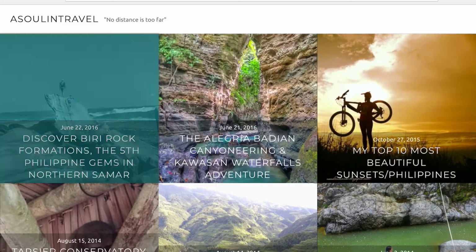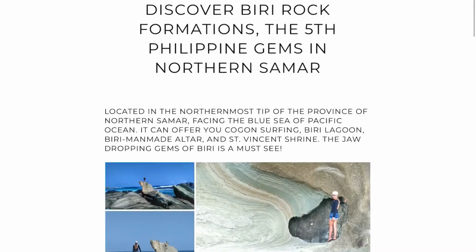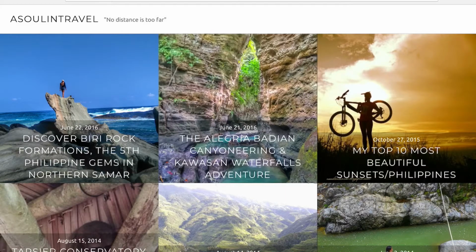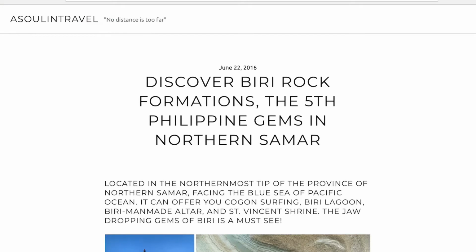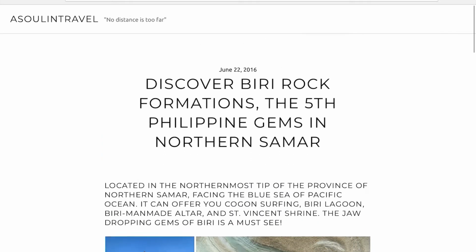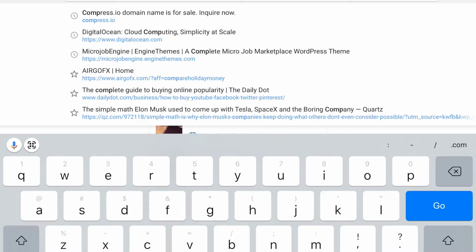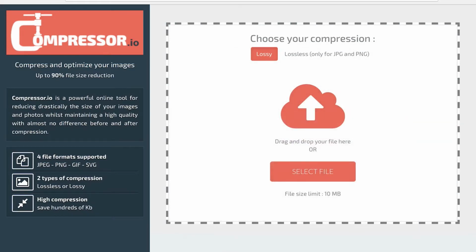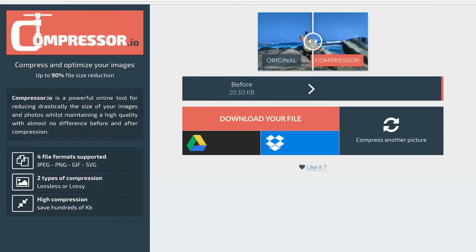The best way that you can reduce your website size is to take this image. Let's see. Here are all the featured images on the front page. The best way to reduce this size is to do something like this. I'll show you. If you go to compressor.io and we upload an image, the image that I just downloaded from you, you'll see that it's 20 kilobytes, which isn't too bad, but when you put it through the compressor, you can reduce it to 7.62 kilobytes, which is a lot better. So if we download our file here,